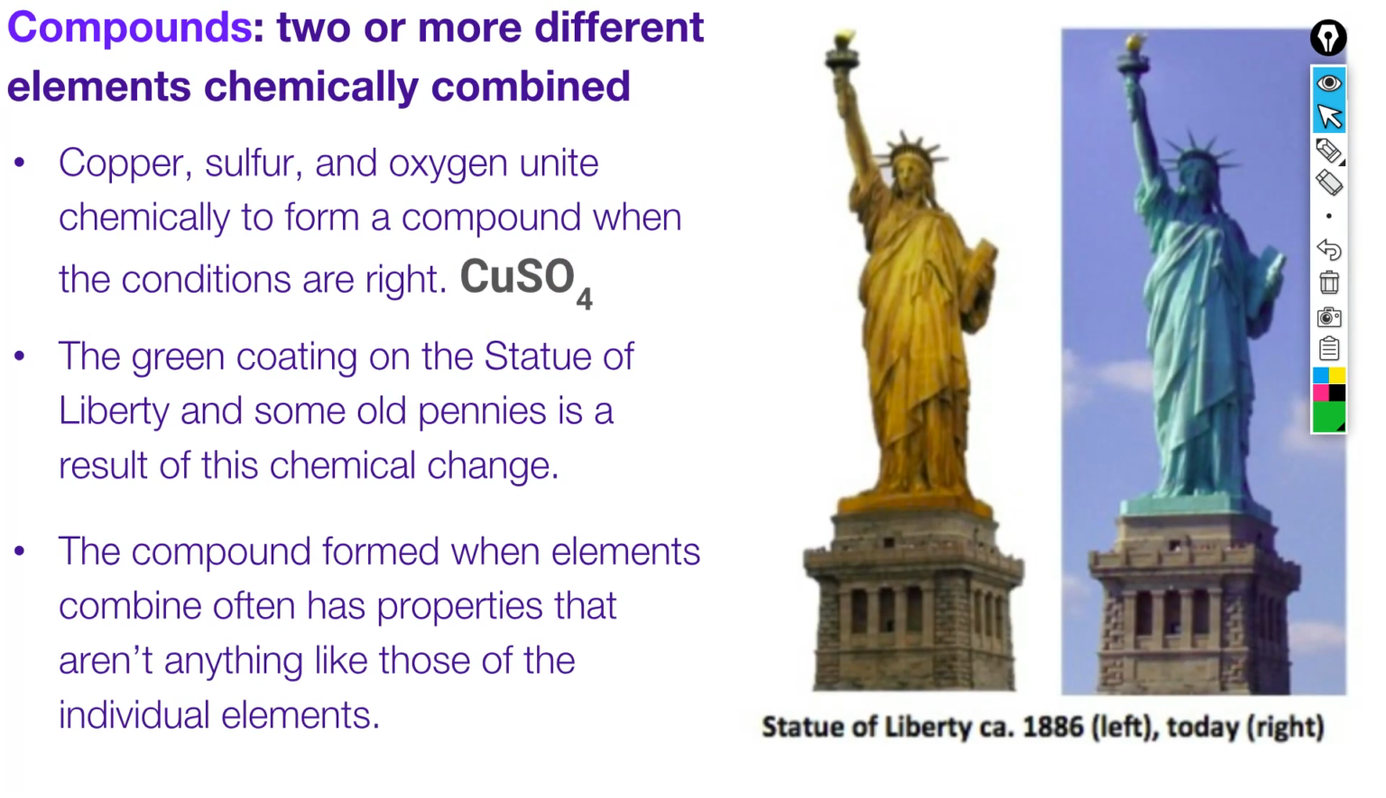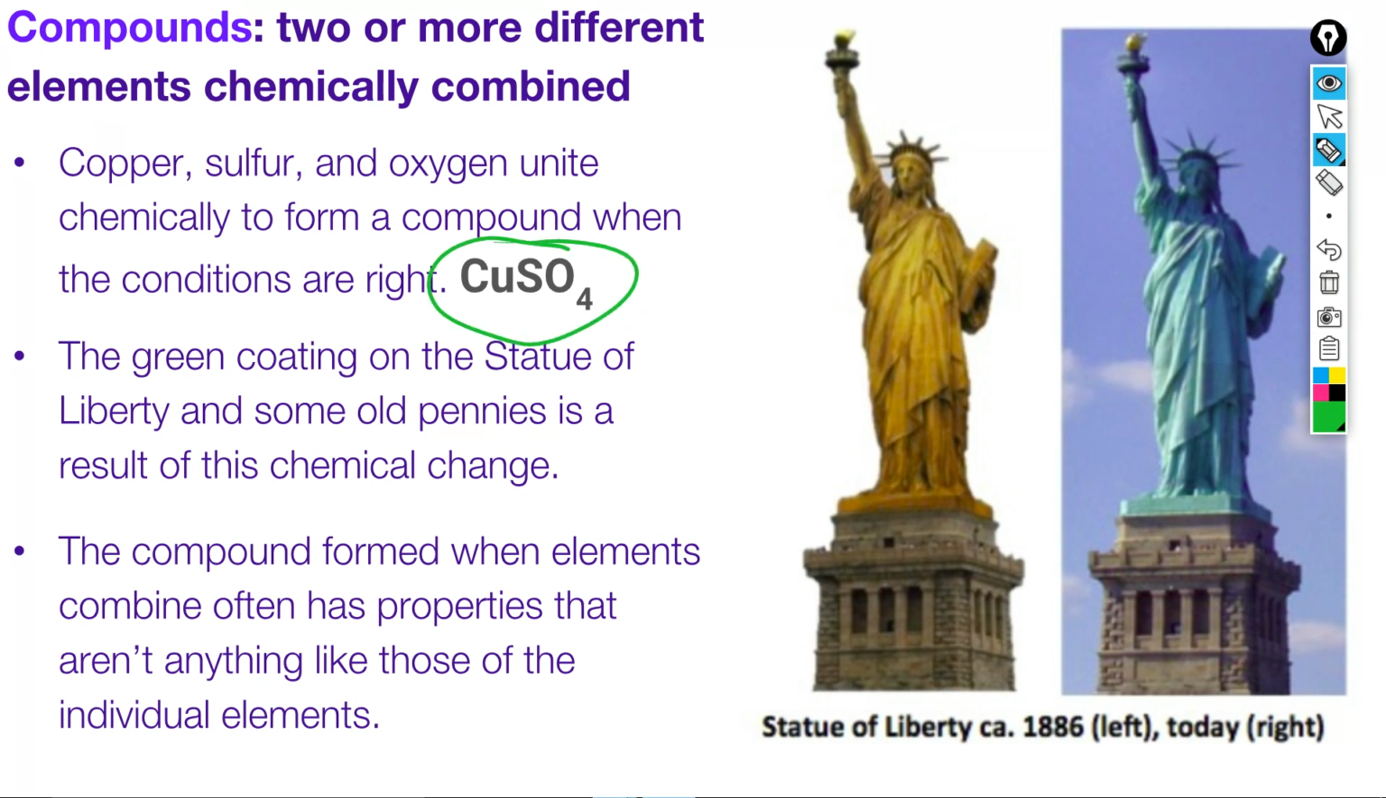Compounds: 2 or more different elements chemically combined. We defined compounds earlier in the year, and now we're really going to get to understand what that definition means as far as being chemically combined. They're going to gain, lose, or share electrons in order to have that full stable outer shell, and in order to have that, they're going to form compounds like the one in our example here,